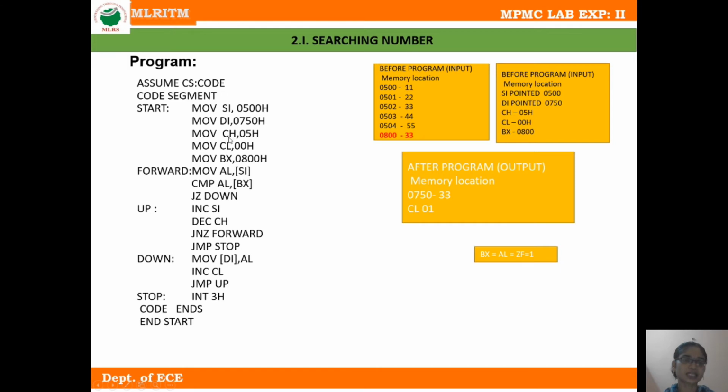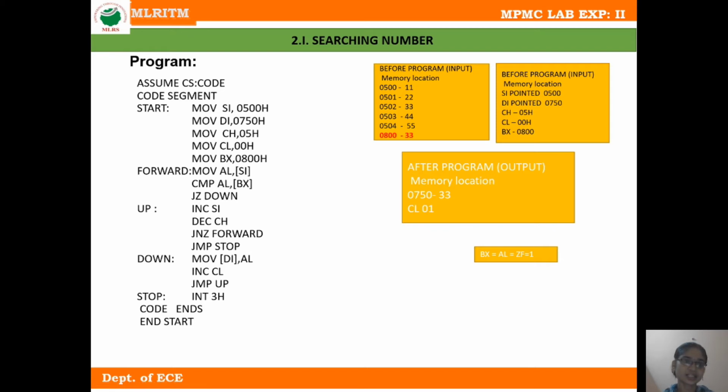We will use this CH register as a counter. The next instruction is MOV CL, 00. This 8-bit content is moved into the CL register. After this instruction, the content of CL is 00. That means we use this instruction to clear the content of CL.